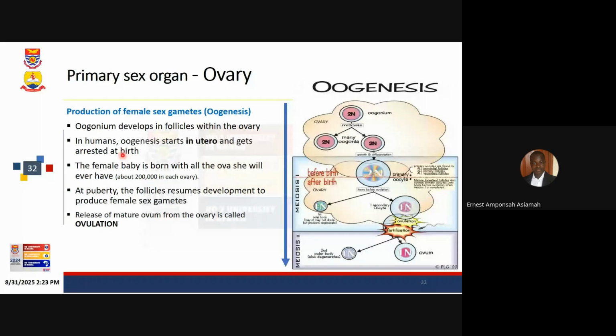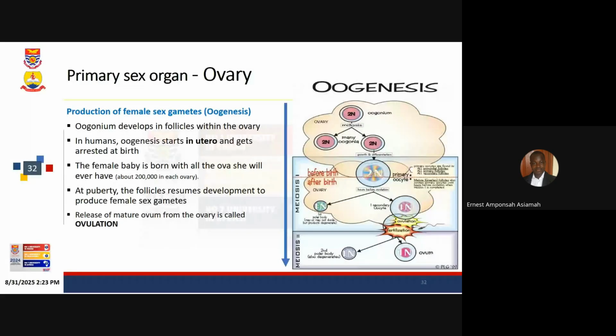the eggs. Okay. Now the ovaries have two main functions, just like the testes. So production of the female sex cell in a process called oogenesis. Then the second part has to do with the secretion of hormones. So we look at the process of oogenesis. Just like we have spermatogonium in the testes, the females also have what you call oogonium. So oogonium is a parent cell that will divide and give rise to the ovum or the egg cell. So the oogonium, which is diploid, has the genetic constituent of 2N.